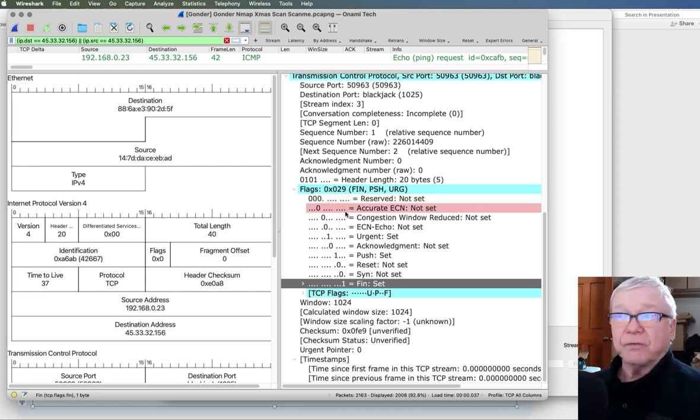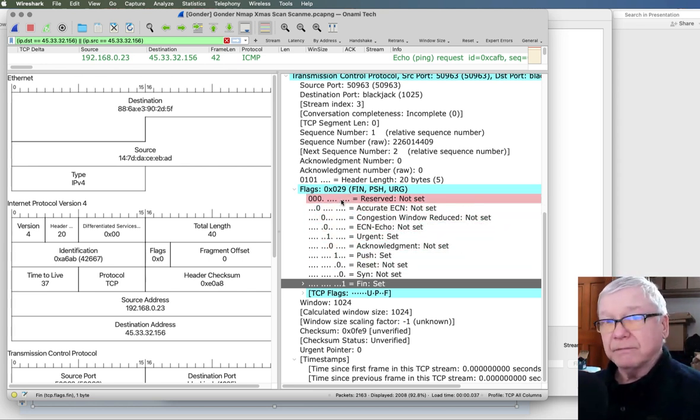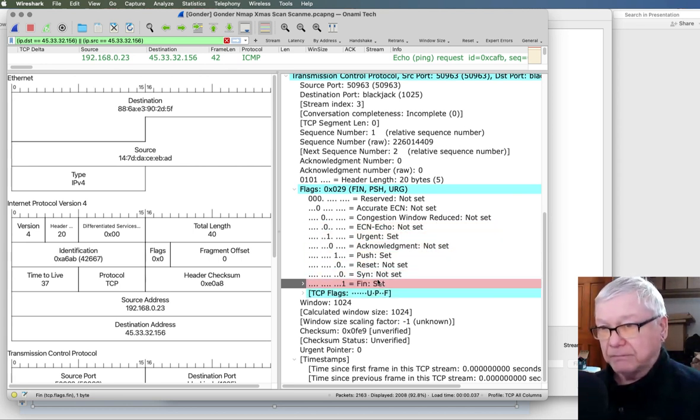I could set all of these to 1. Of course, that would never, ever happen. And remember, we want to be prudent in what we do unless we really want to push the other side and see what we can do. So if somebody's sending us packets like this, we know they're not our friend.